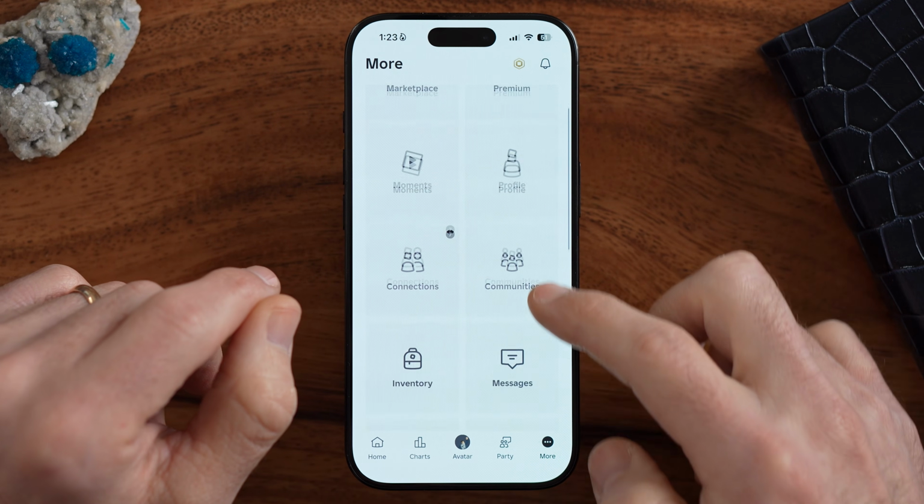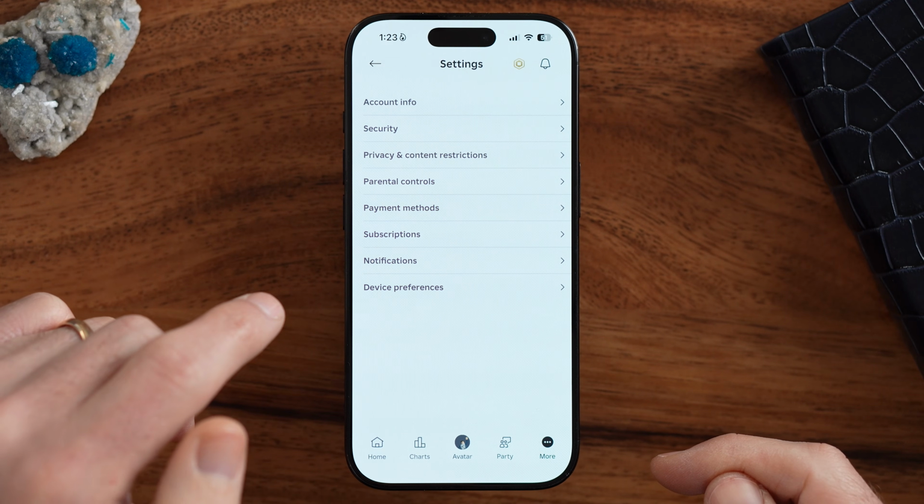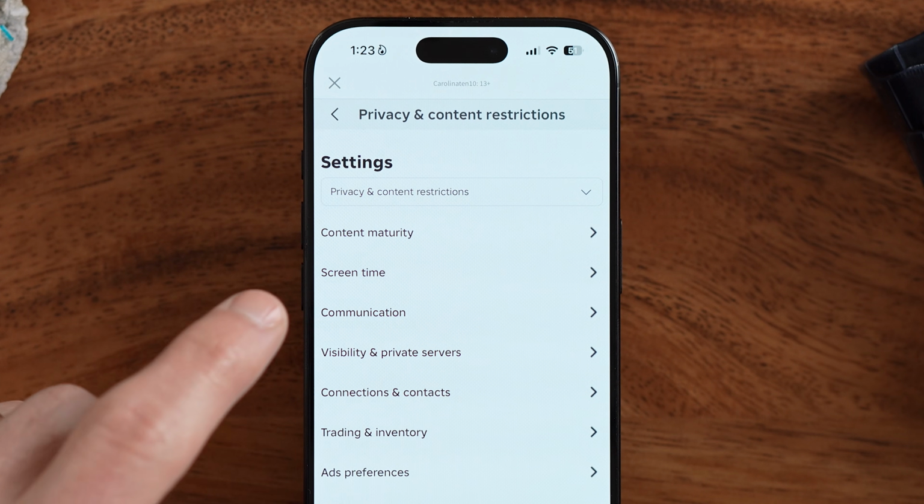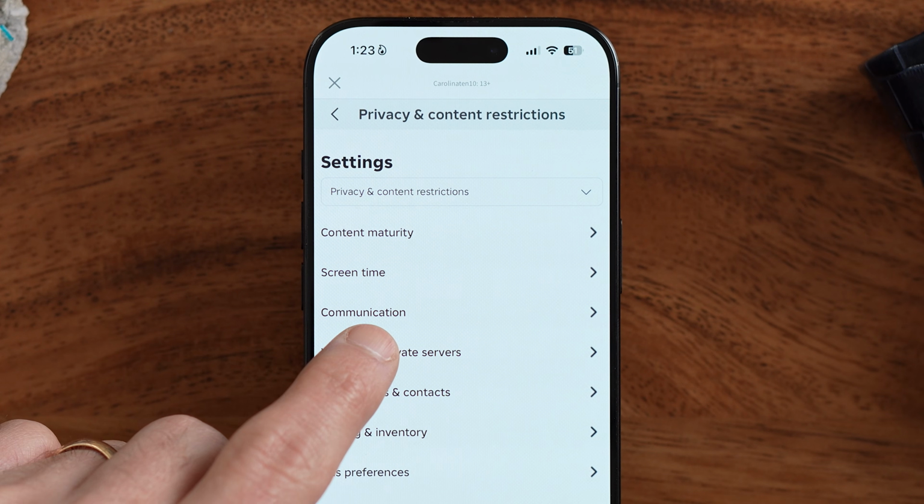Now we need to get to your settings, so just scroll down until you see the settings option. And then from here, privacy and content restrictions. Now, once you're in here, all you need to do is get to the option that says visibility and private